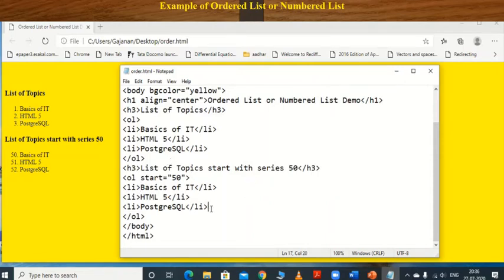If I want to add the reversed attribute, it is used to reverse the contents. Suppose we use an H3, and I want to write "list of topics in reverse sequence", and then close the H3 tag.